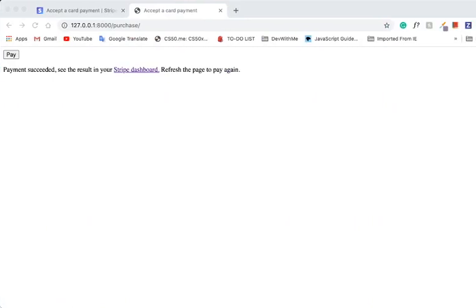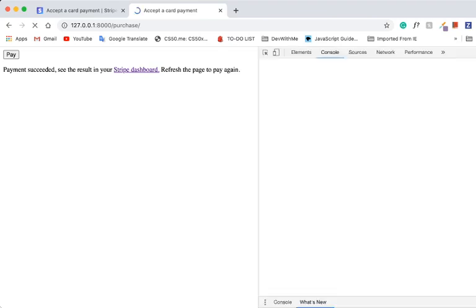I don't think it displayed correctly, because it should have some CSS file there. Since it doesn't have a CSS file,